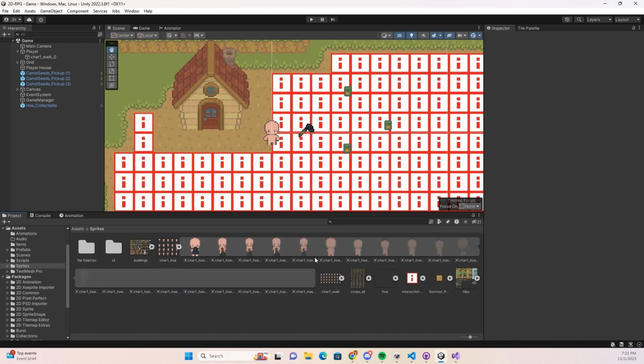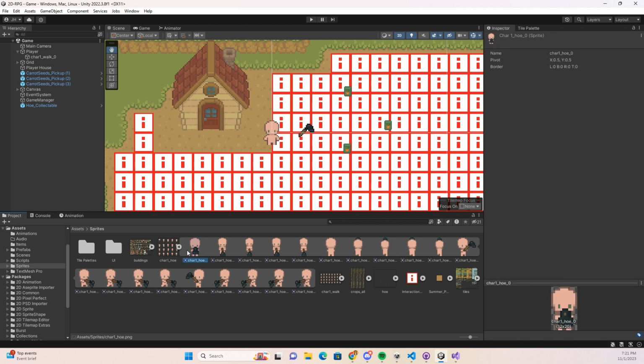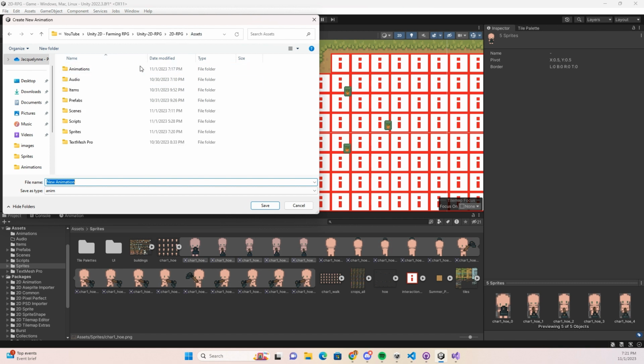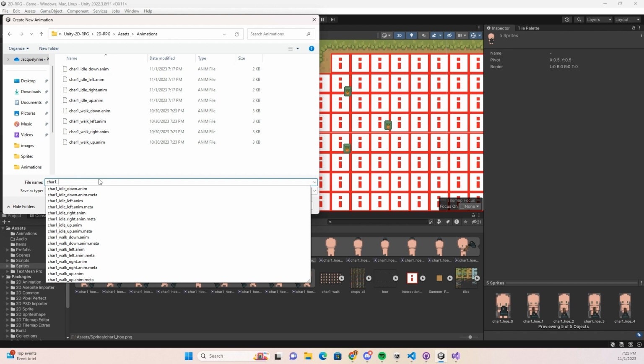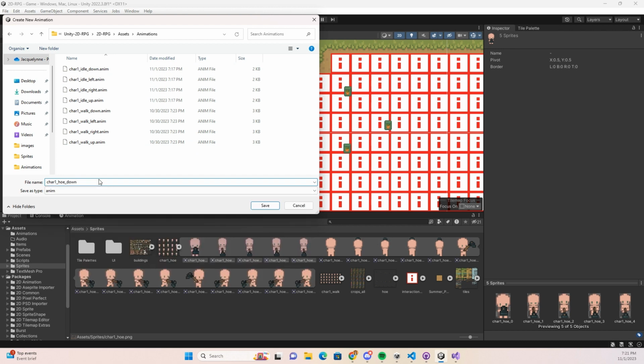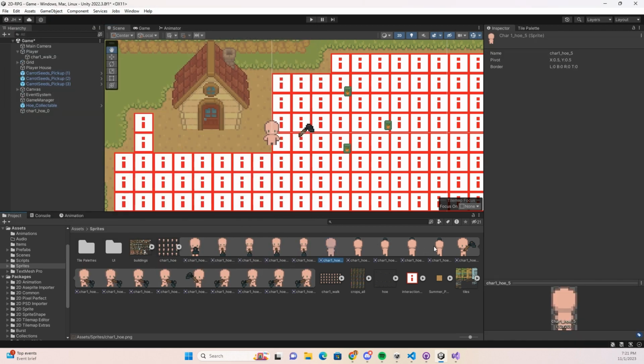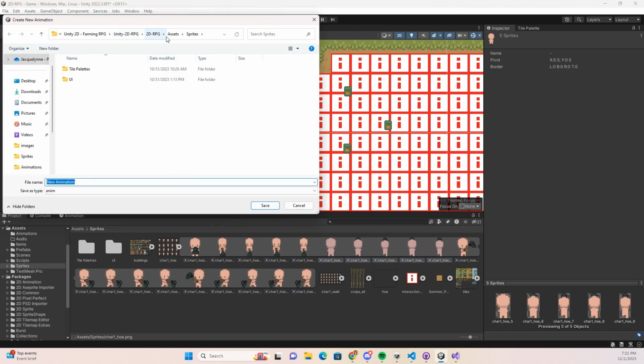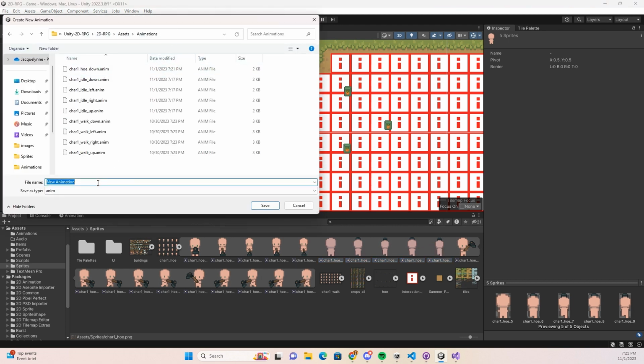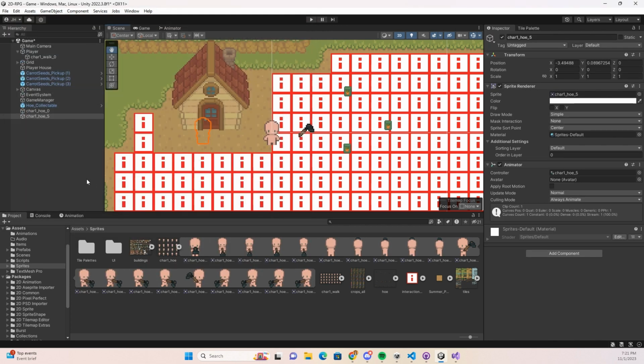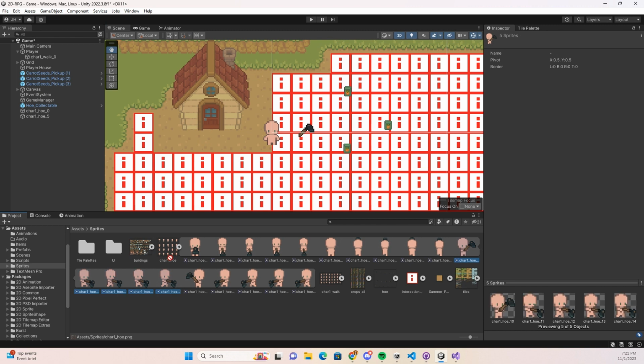Okay, so now we've got all of our animation frames cut out. We can go ahead and create our animations. So let's just select our down hoe animation and we will drag that into our scene. Go to our animations folder and save it as char1_hoe_down. And you just want to do that for all of our animations. So we'll simply drag those in, name it char1_hoe_up. And then we'll do left,